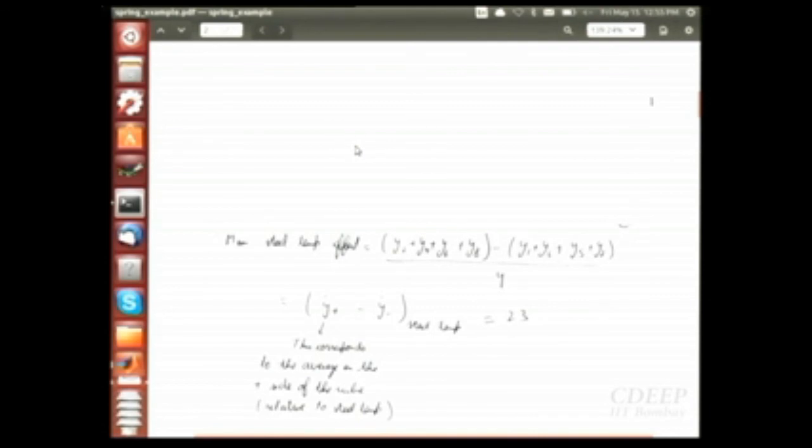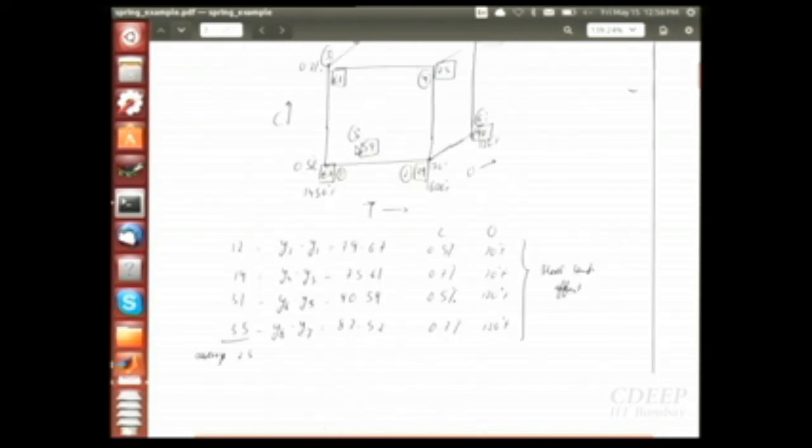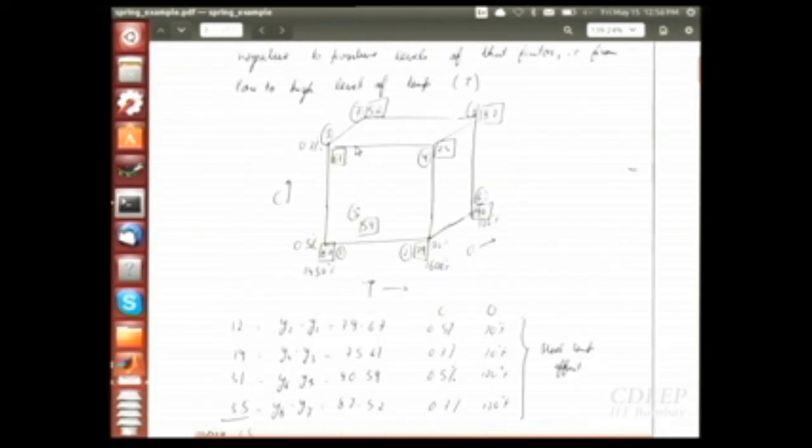Now if you see what is really happening, I am adding 4 observations and subtracting 4 observations: y1, y3, y5, y7, and I am adding these 4. And what is common between these 4? y2, y4, y6, y8. What is common between y2, y4, y6, y8? They correspond to the positive, the higher level of temperature.